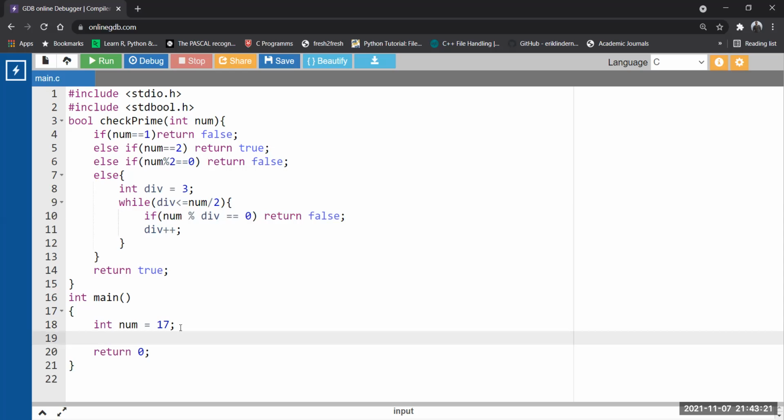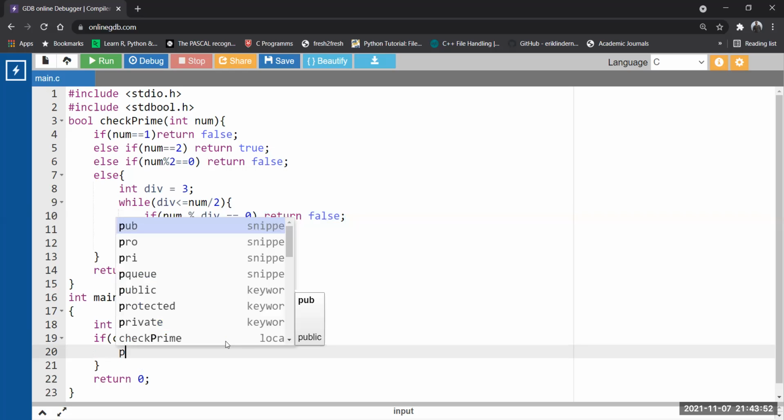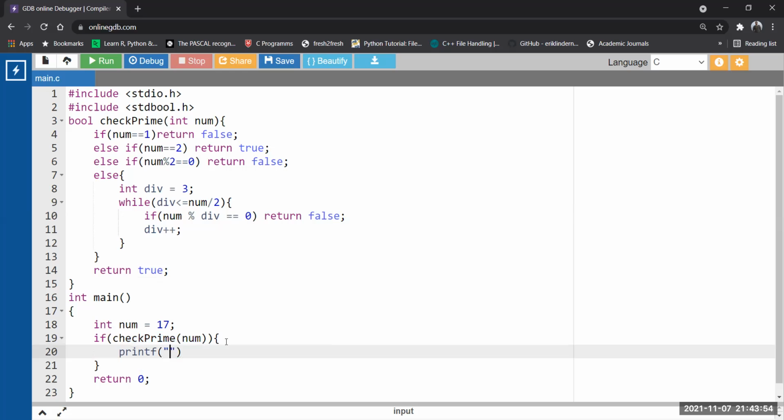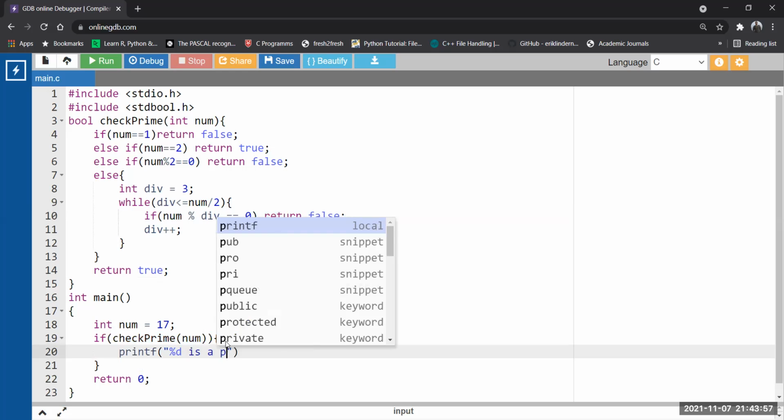Okay, so now let us put this function call inside the if. We all know what if else is. It is a conditional statement that only goes for true and false. We also call it a true-false statement. That's why I'm calling the function within the if itself. I'm passing the number. It will give me on return either true or false. So if will check for true. If it is true, what can we write? printf("%d is a prime number").